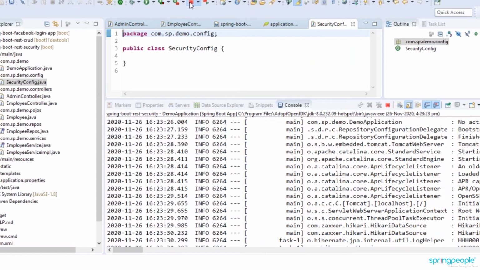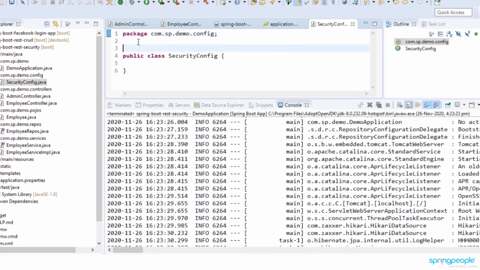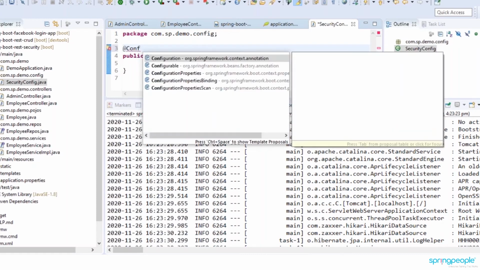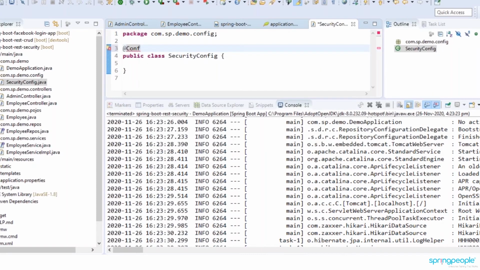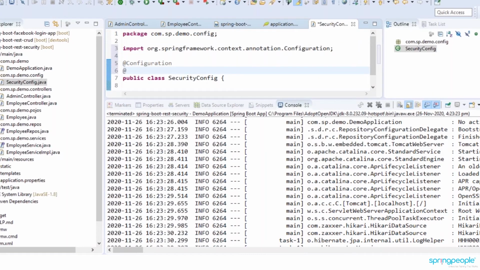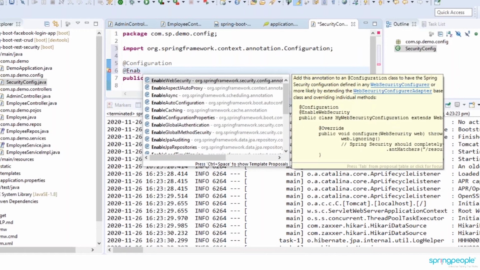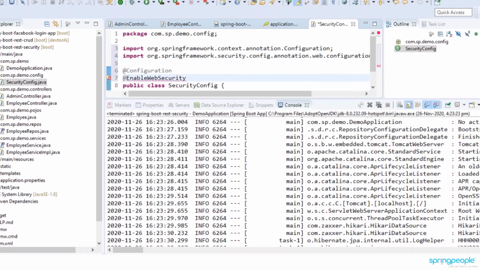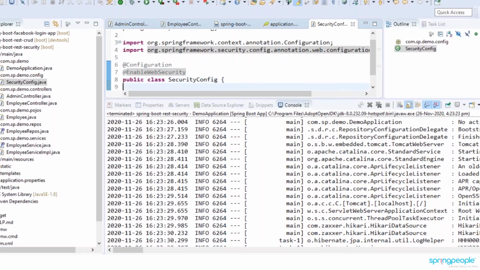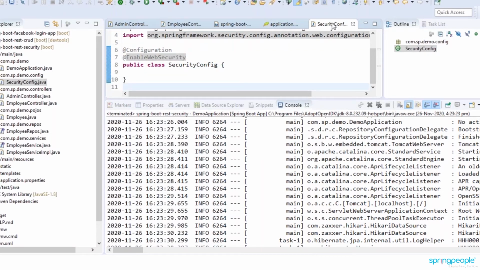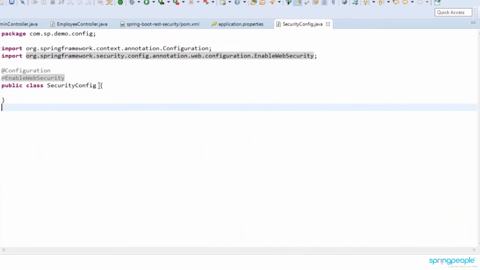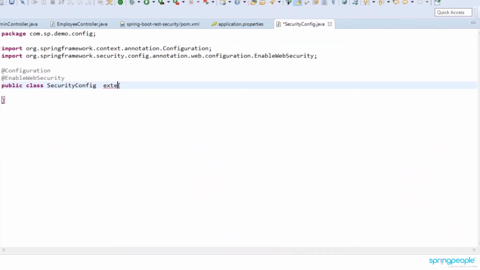I have to use this as a configuration, so I will use the annotation called @Configuration. And we have to enable our security, so we are writing here @EnableWebSecurity. To provide the features of security, we have a predefined class called WebSecurityConfigurerAdapter, so we have to extend it.